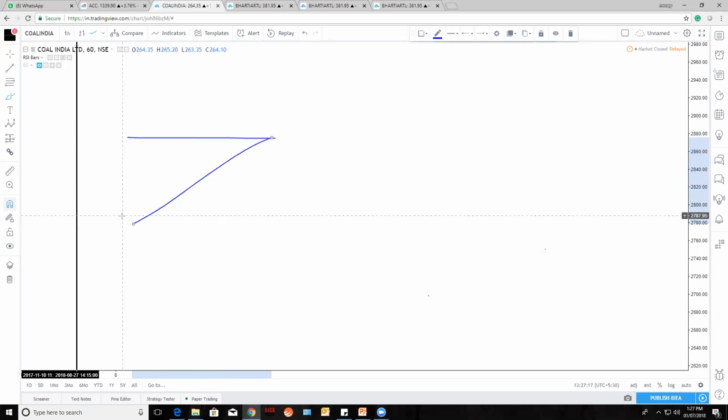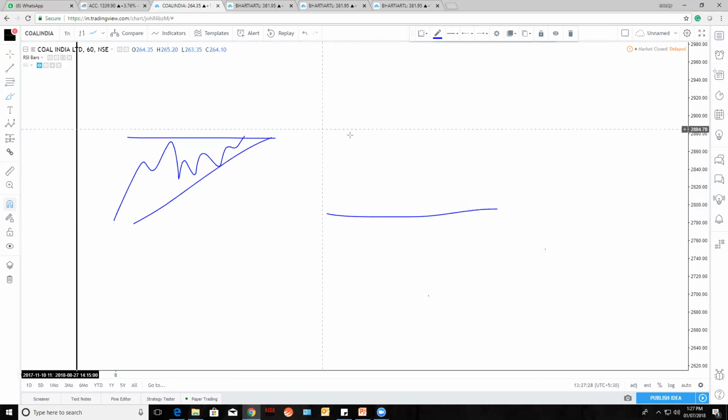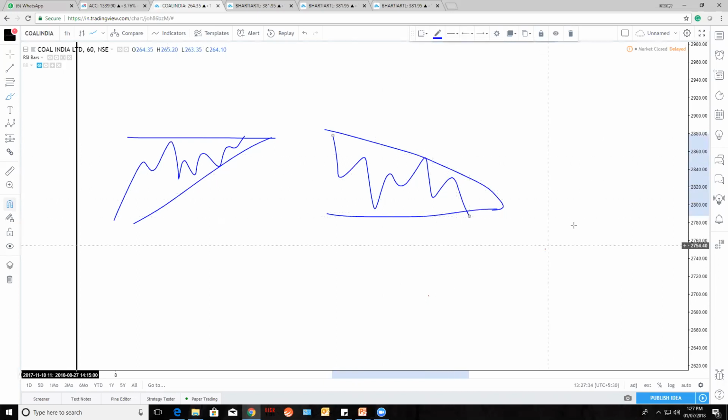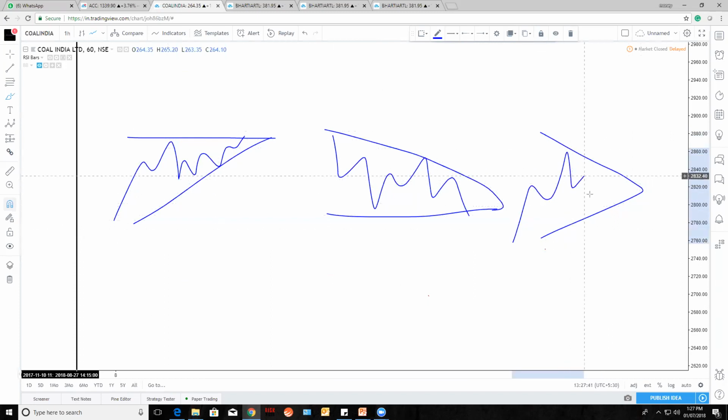One is this, where the top is the same, but only the bottoms are changing. Secondly, let's say the bottom is the same and the tops are changing. And the third one is a one type, that is